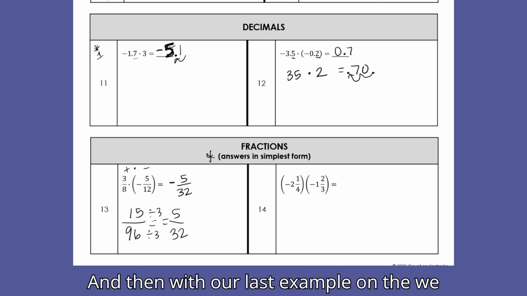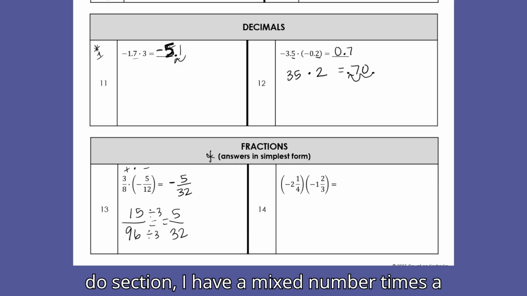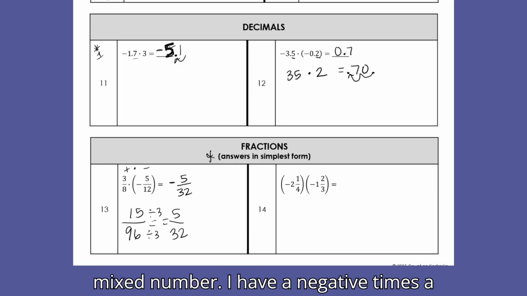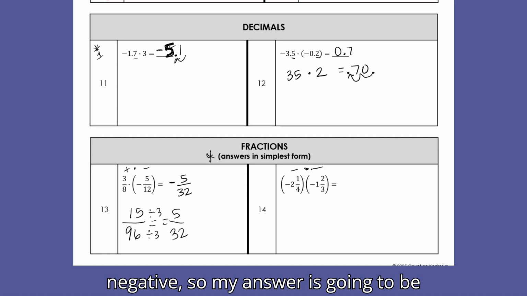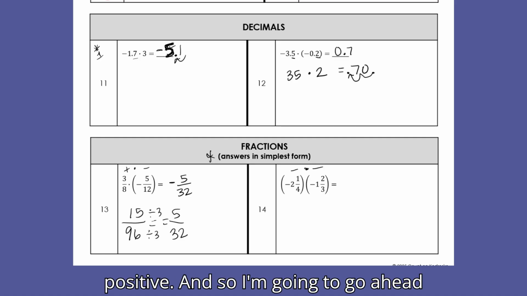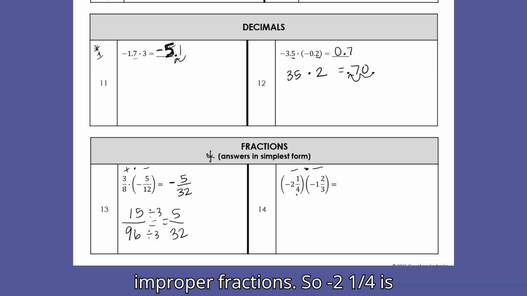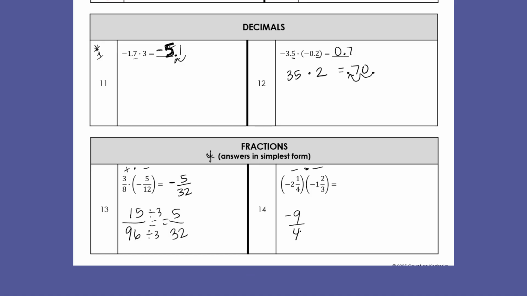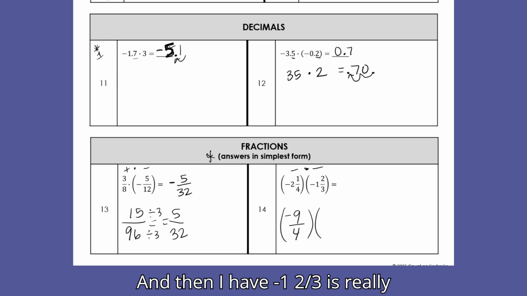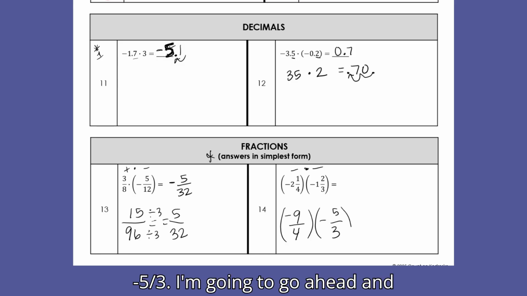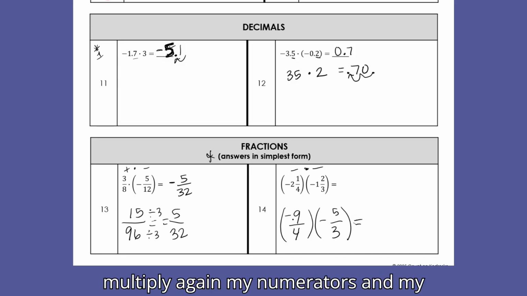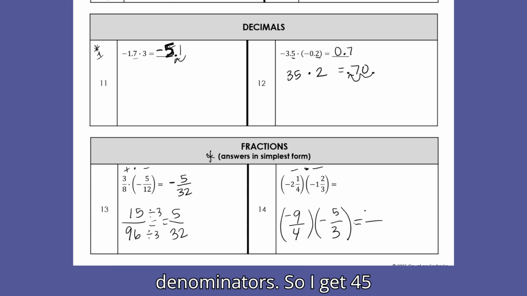And then with our last example in the we-do section, I have a mixed number times a mixed number. I have a negative times a negative, so my answer is going to be positive. I'm going to first convert these to improper fractions. Negative 2 1/4 is really negative 9/4, and negative 1 2/3 is really negative 5/3. I'm going to multiply my numerators and my denominators again. So I get 45